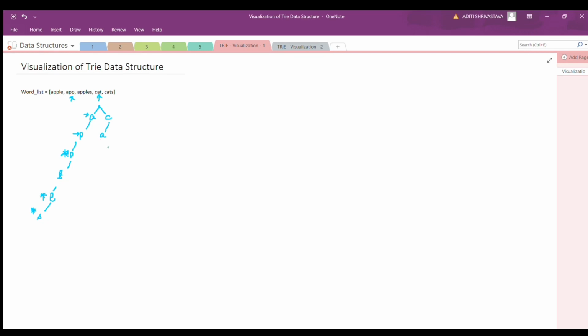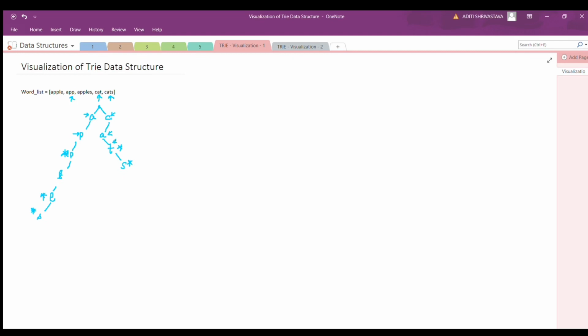Then T is not there, so I'll make a node and then mark a star on it because it's the end of the word cat. Then upon inserting cats, I will go through further like this. C firstly, then A, then T already there, but S is not there. So I'll make that node and mark a star on it because this is the end of the word cats.